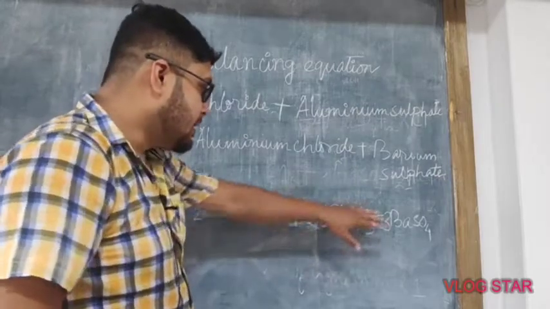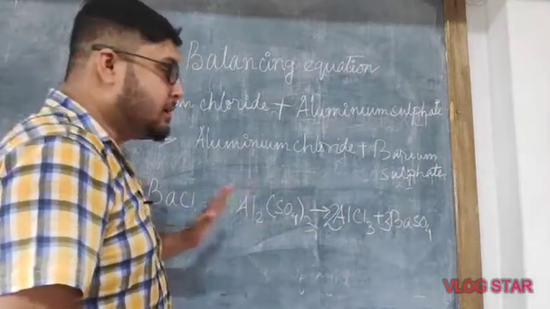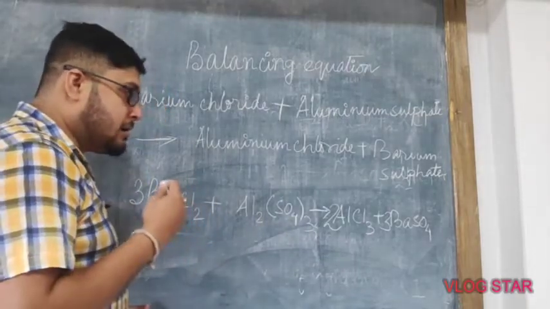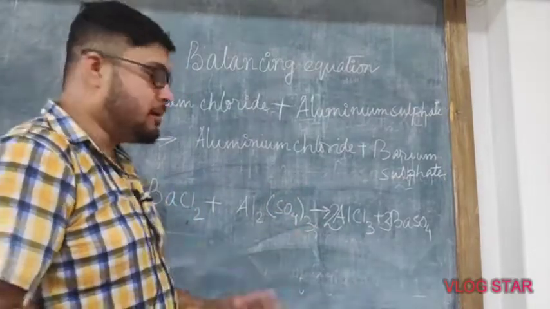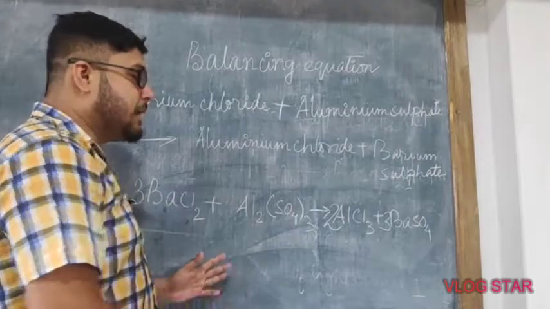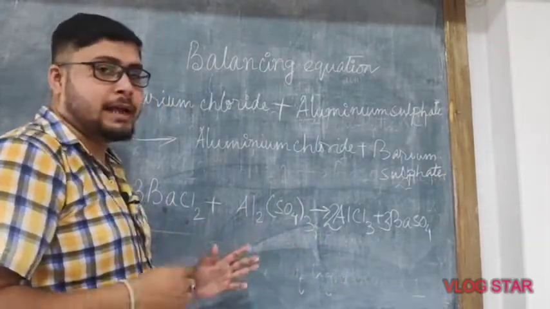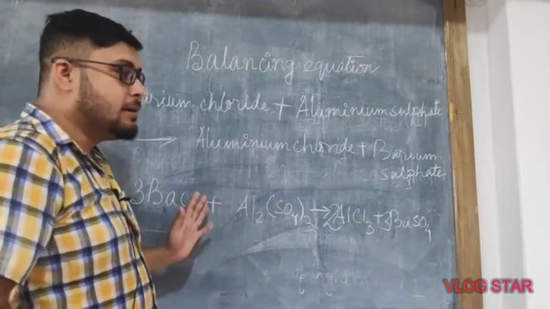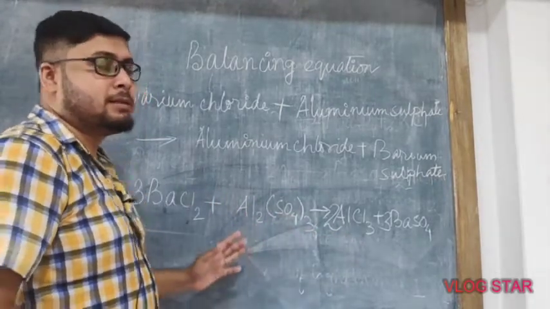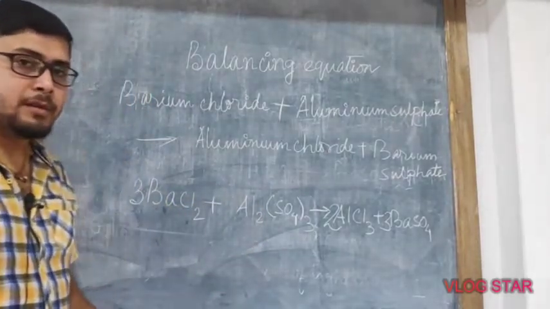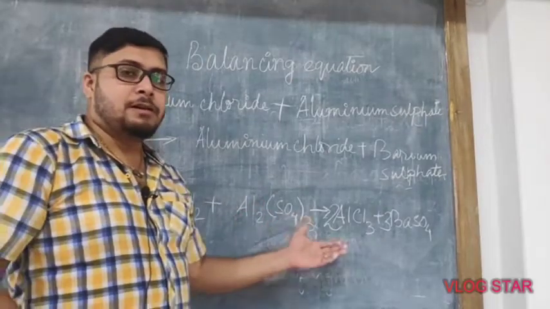So each and every single element should be balanced separately. After that, when you see it as a whole, the total equation will be balanced. We will not balance it all together. One by one we will come, as I have done here. In this way, you will get a better idea, and it will not take time to balance the respective chemical equations. So I hope you have understood.